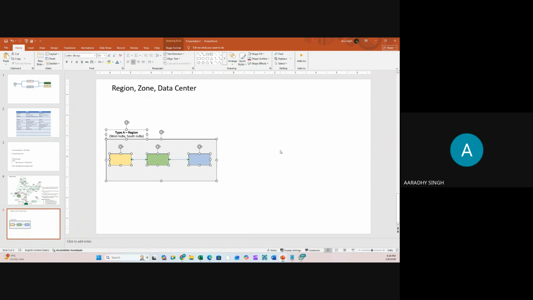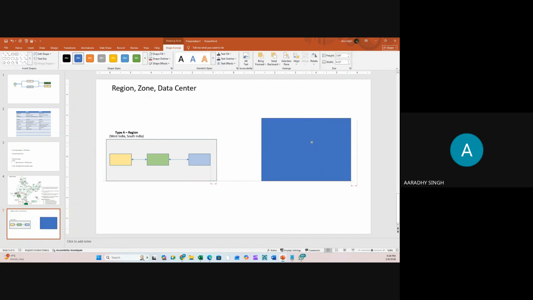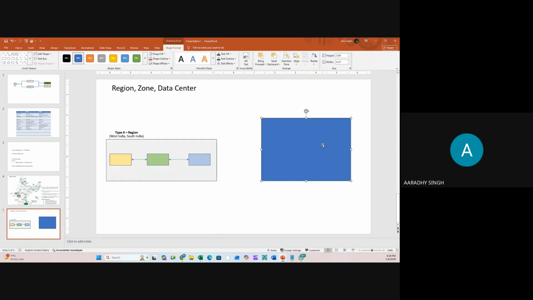We have one more type of region available, where inside a region, there'll be 3 zones. This is type B region. Normally, the type B region will be available in a modern or new region which is recently created, or wherever Microsoft is going to upgrade, over there only it is possible.